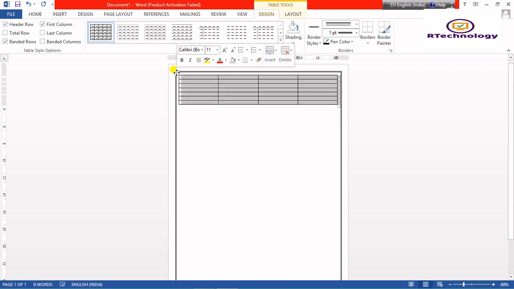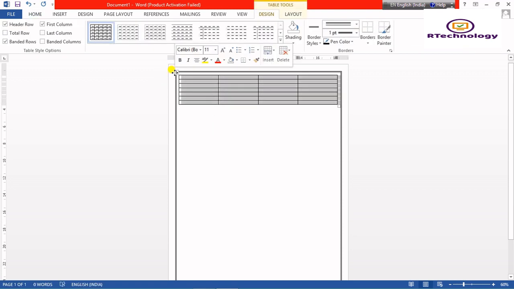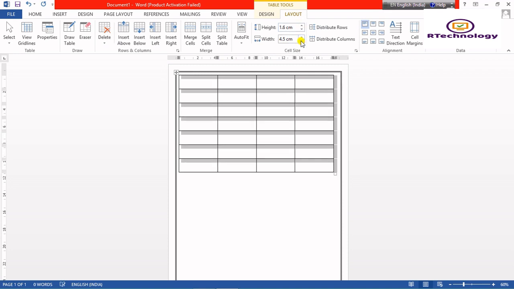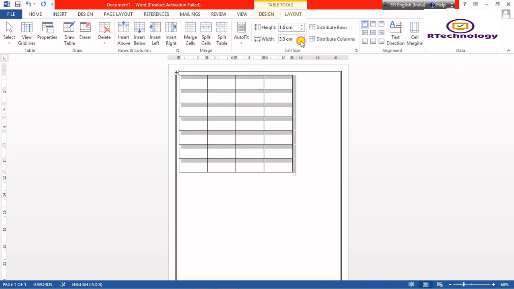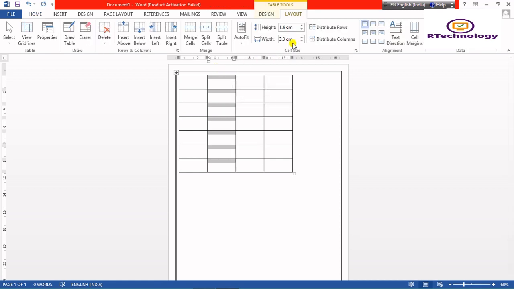Okay, now if I want to change the size of the table, then I have to click this button, okay, and select the whole table, go to this layout tab, and I can change the height and width of the table. See, okay, now if I want to change the height and width of a particular column or row, what I need to do, I have to simply select it and then change the height and width. See,